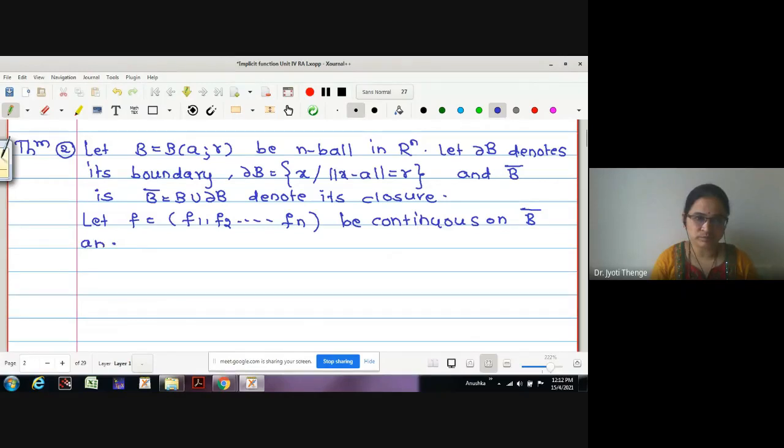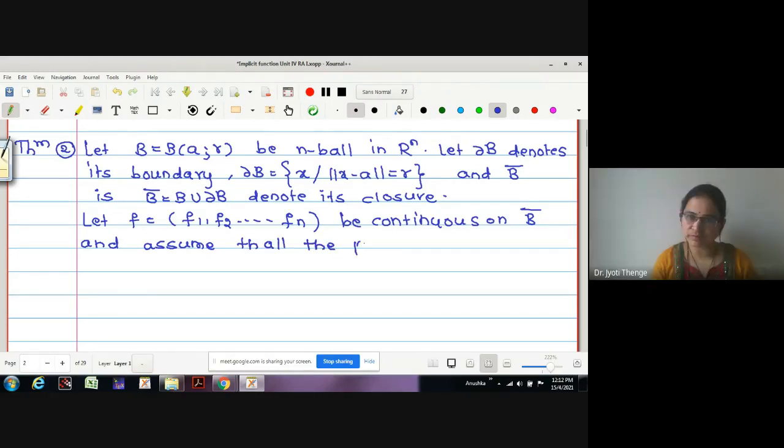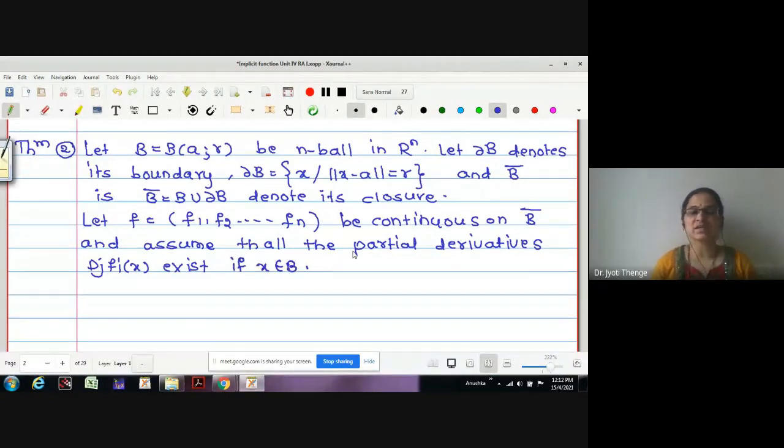Assume that all the partial derivatives dj f(x) exist for x belonging to B. All partial derivatives existing means, as we have studied already, that the total derivatives are written in terms of their partial derivatives. Therefore, one can say that the function is totally differentiable, and